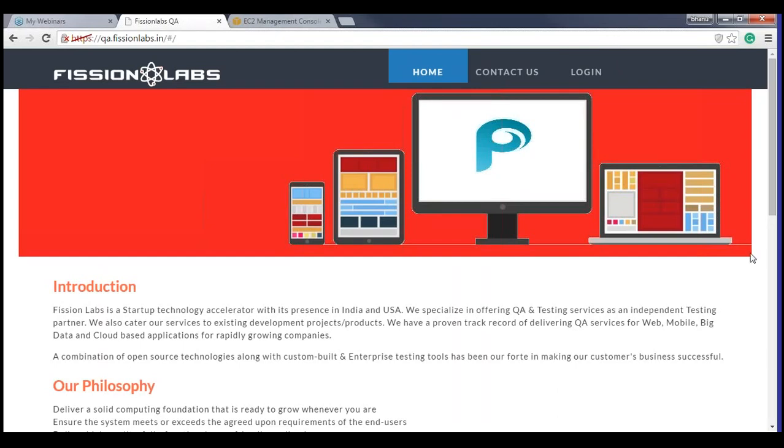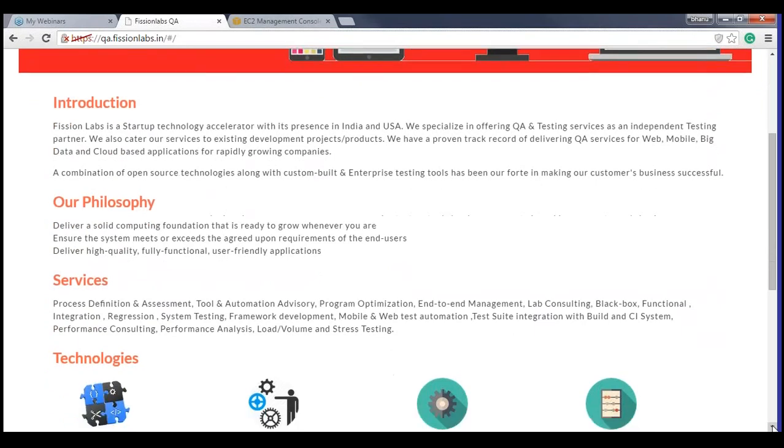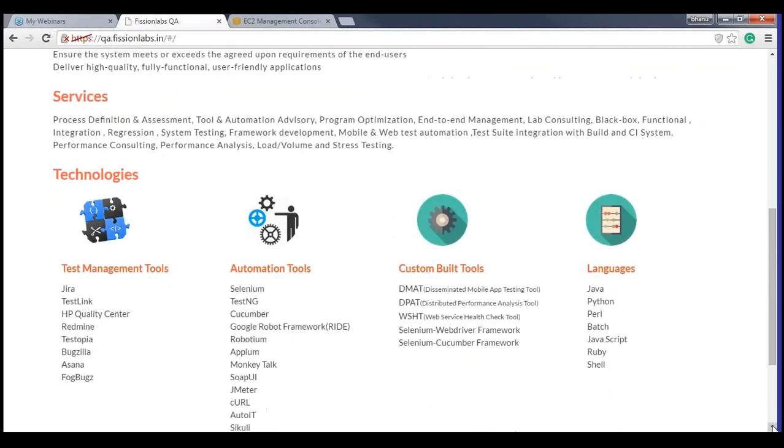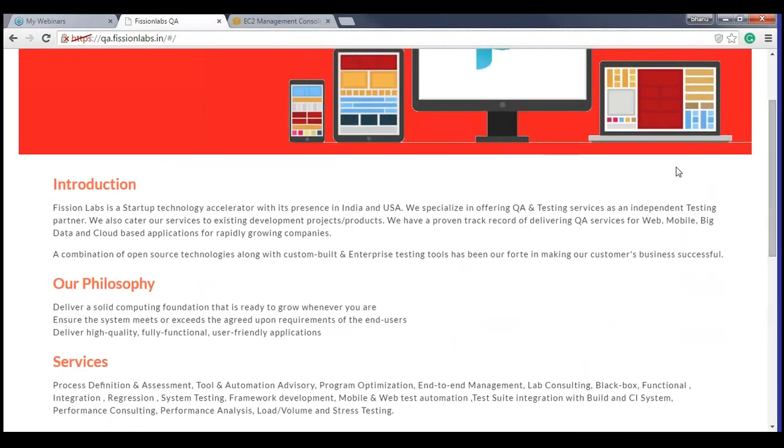It talks about what I have explained just now: what our philosophy as a QA is, what the different technologies we work on are, what the different open source tools are, what scripting languages we have expertise in, and it also displays some information on our custom built tools. So having said that, let me log into the application, the Proton tool.